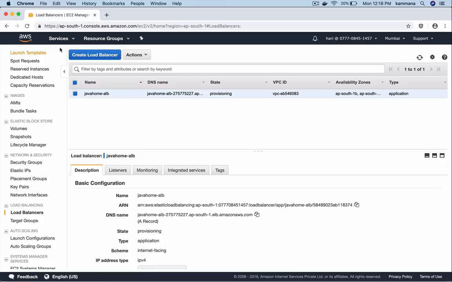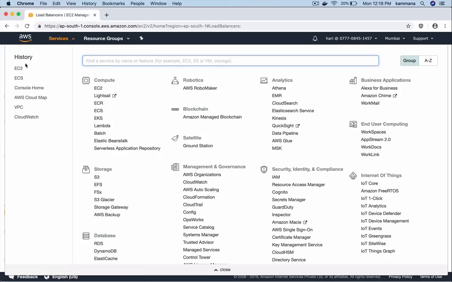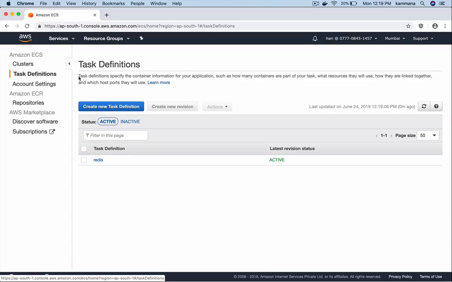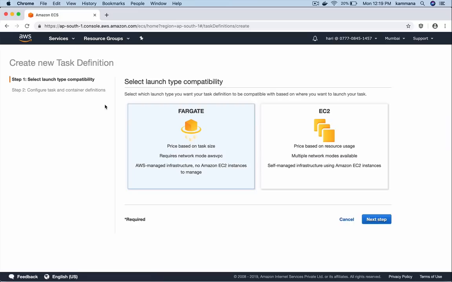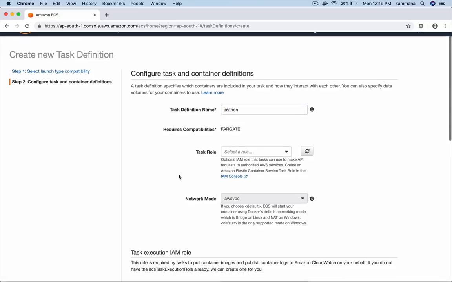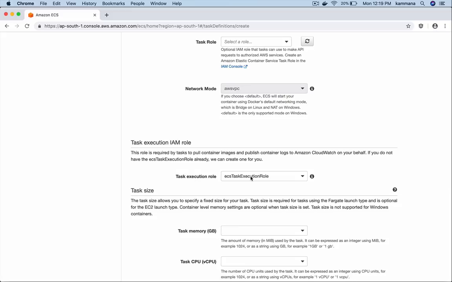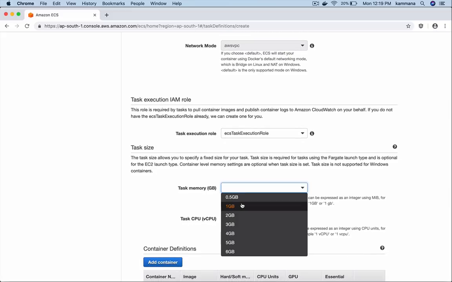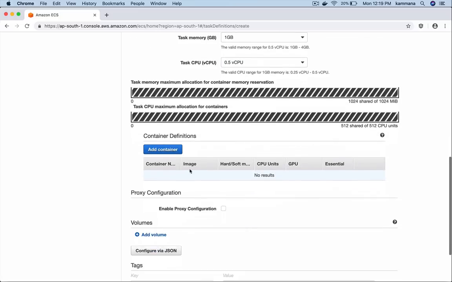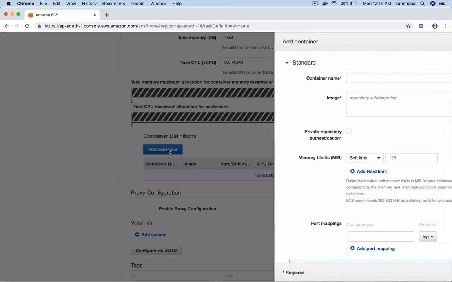The next, go to ECS cluster. Create task definition for Python. Create new task definition. Launch type is Fargate. So Python, default role, memory, CPU, add containers,